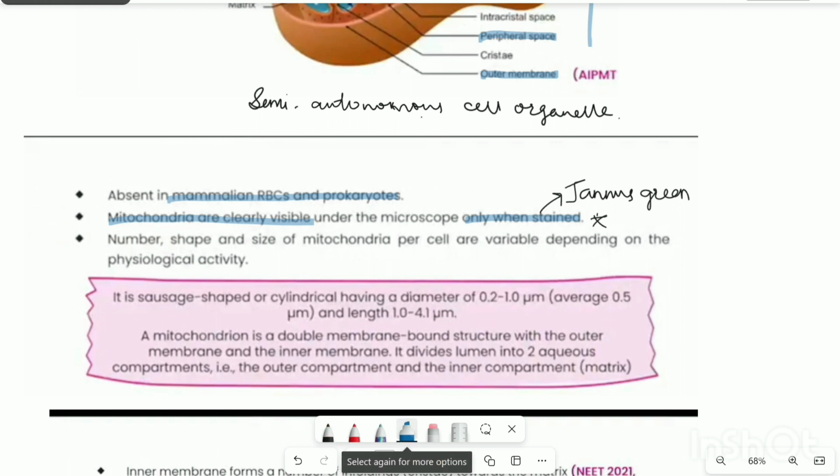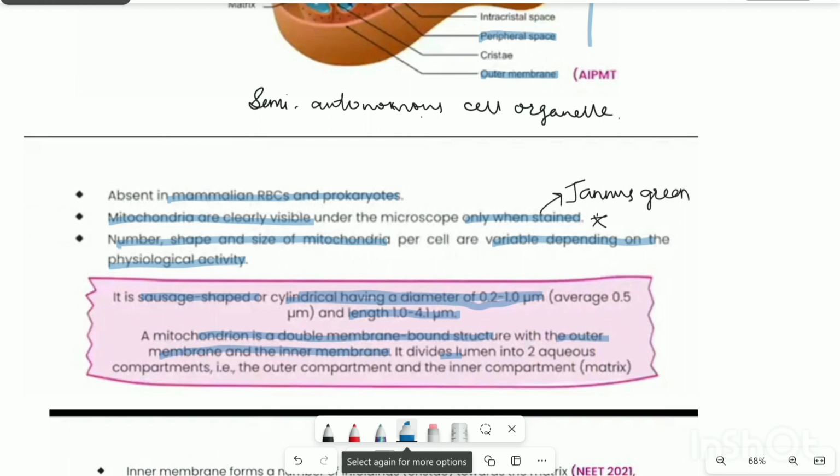Number, shape and size of mitochondria per cell are variable depending on physiological activity. Depending on the physiological activity, mitochondria का number, shape और size vary करता है. कैसे shape होते हैं? Sausage shaped or cylindrical, having a diameter of 0.2 to 1.0 micrometer and length 1.0 to 4.1 micrometer. See, we have seen that mitochondria is a double membrane bound structure with outer membrane and inner membrane,